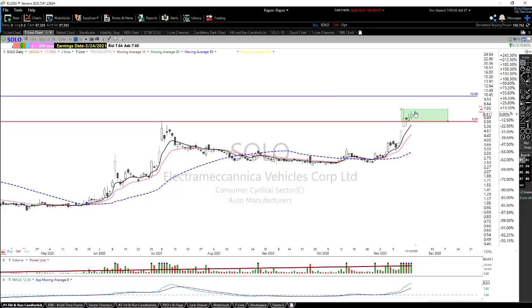All right, SOLO. SOLO's looking pretty good here. I like the idea of maybe adding more in the buy box. I'm looking at $10 for a possible target. So what we may do is, in a perfect world, this is what I would like to see: SOLO relax a little bit, come back, because then what I think I'm going to do,